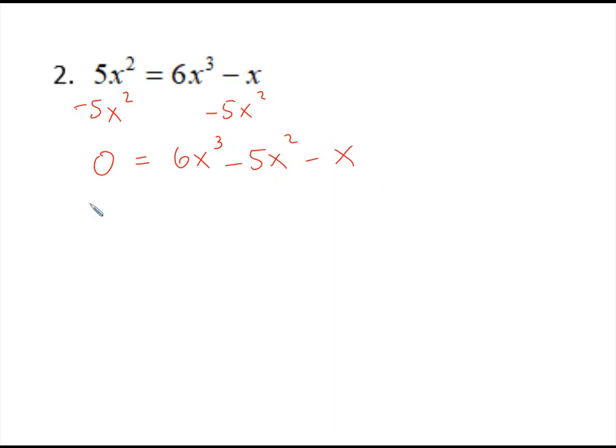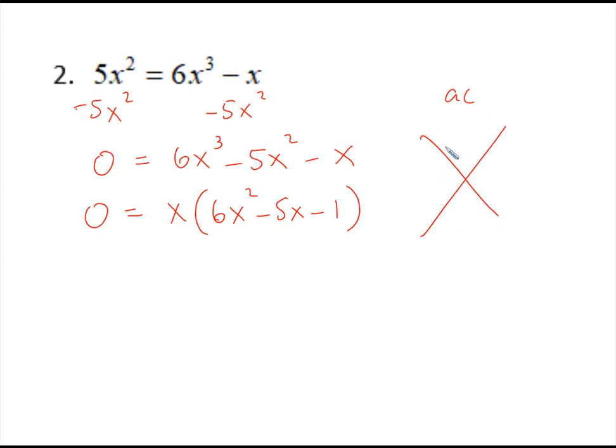Okay? So now I need to try and factor this. So I'm going to look for a GCF. So I do see a GCF. I can take out the x. So then I'll get 6x squared minus 5x minus 1. Okay, now I need to try and factor this trinomial. So I'll use the x method. A times c, that's going to give me negative 6. I'm trying to get a negative 5. So it looks like negative 6, positive 1 works. I have to divide by a, which is 6 this time. So I'm going to reduce this fraction to negative 1 over 1. So my factors will be x minus 1 and 6x plus 1